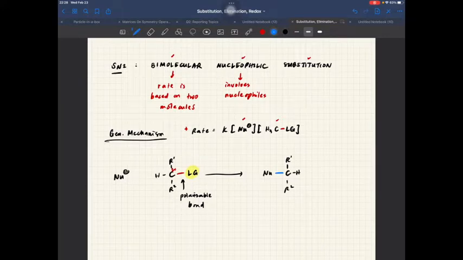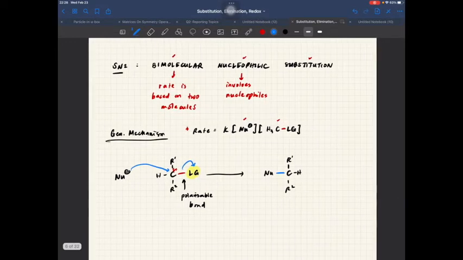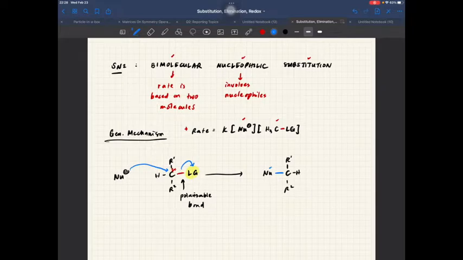This reaction only proceeds in one step. The nucleophile attacks from the back, pushing away the leaving group and breaking its bond,